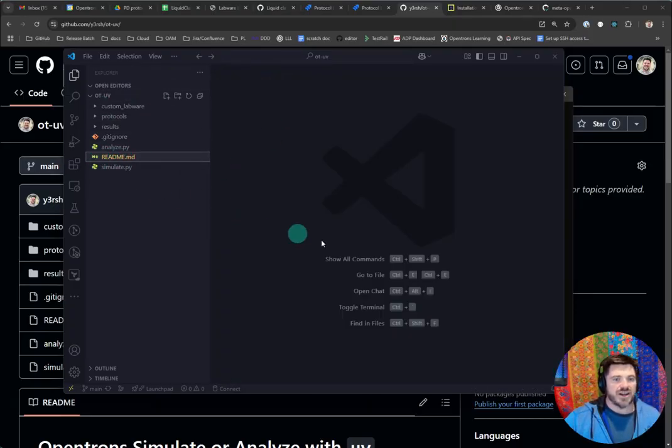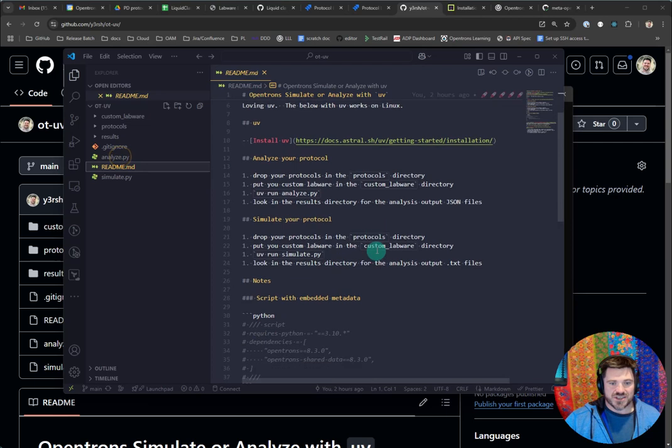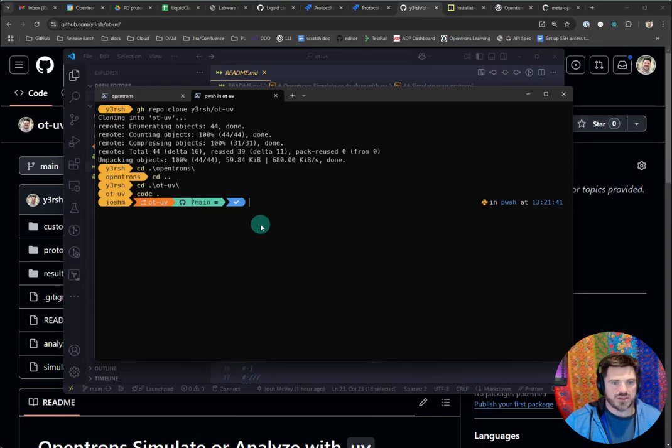And we're good. The README tells us that we need to do one thing here, and that if we want to simulate our protocol, we have UV installed, so we're good. All we've got to do is grab that one command and tell UV to run. We'll go ahead and do that. So if I say uv run simulate,